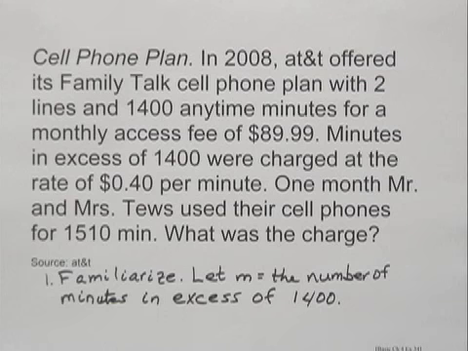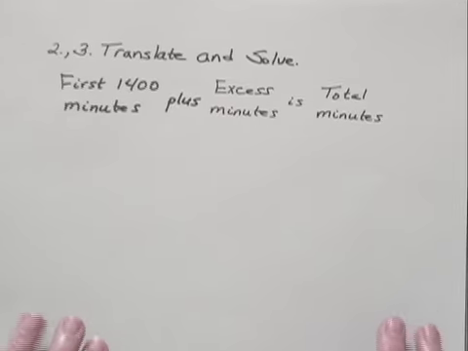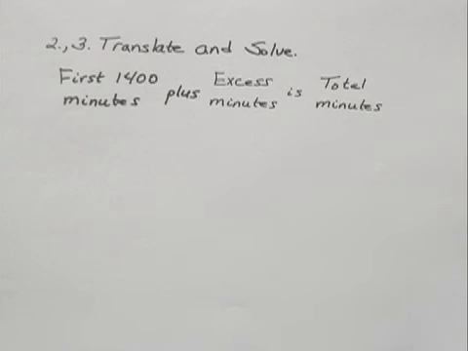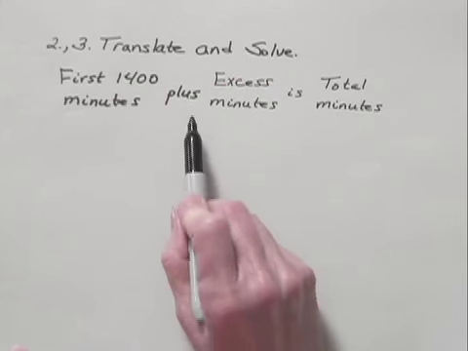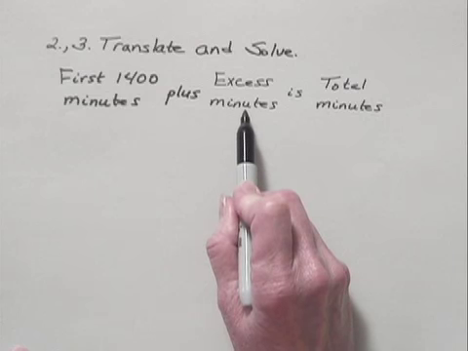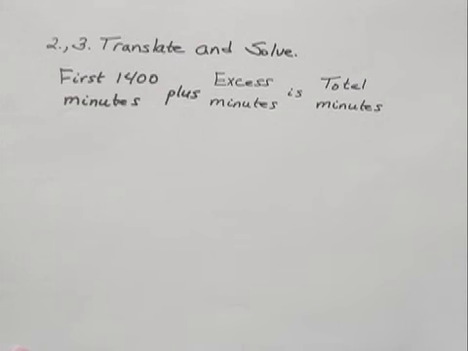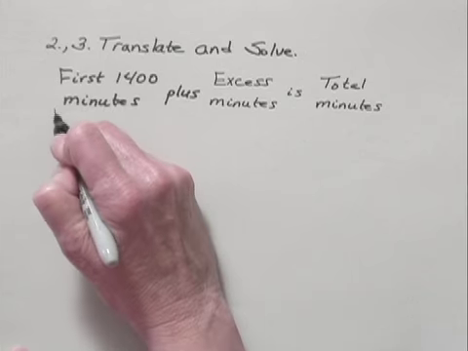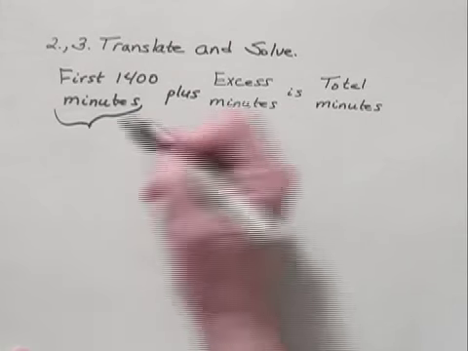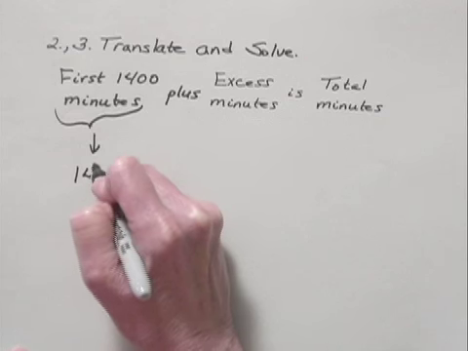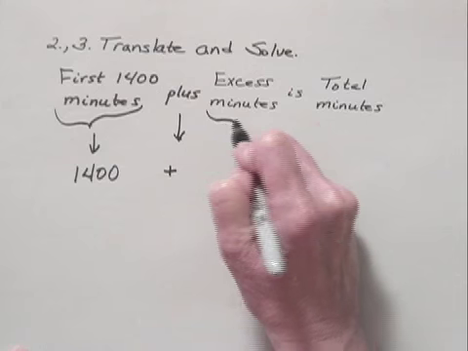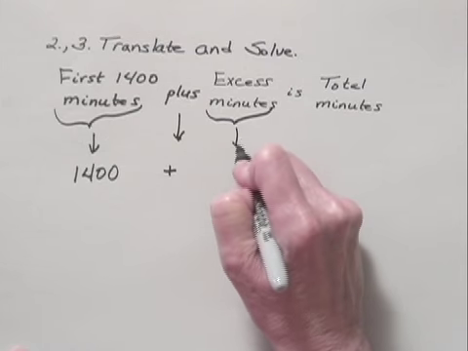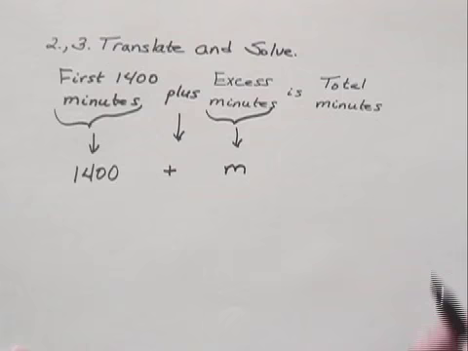In this problem, since we're doing it in several steps, we're going to combine the translate and solve steps. And the first thing that we're going to find is the number of excess minutes. The first 1,400 minutes plus the minutes in excess of 1,400 is the total number of minutes that the cell phone was used that month. The first 1,400 minutes is 1,400 minutes plus the excess minutes, and that's what we're trying to find, and we've assigned the variable m to that,